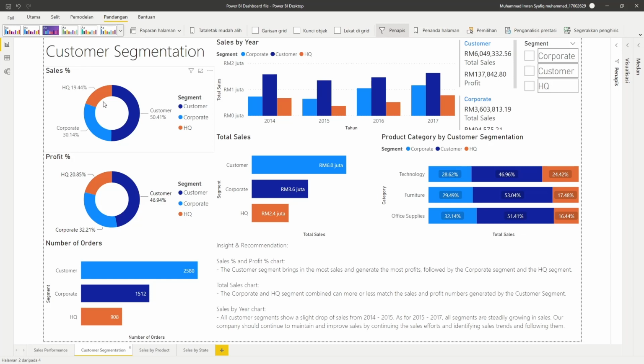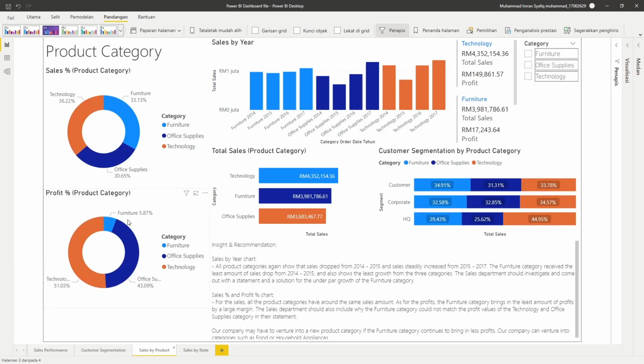Looking at the sales percentage and profit percentage chart, which I have visualized using the donut chart, we can see that the percentage of sales made for each customer segment nearly corresponds with the profit percentage. The HQ segment made 19% of sales and 20% of profits. The corporate segment made 30% of sales and 32% of profits. And the customer segment made 50% of sales and 46% of profits. Our company can research what the corporate and HQ segments focus their purchases on with our company in the next page,